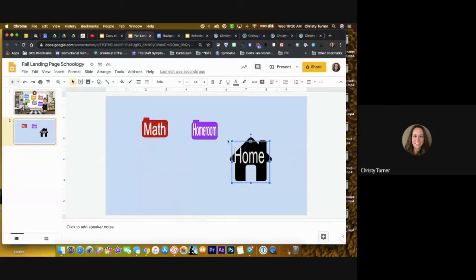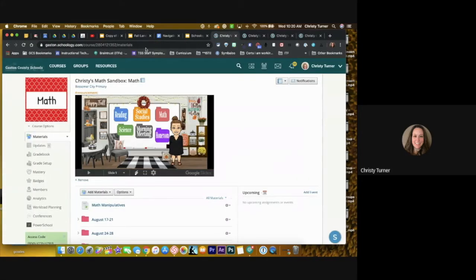So once I have my folders created, or my icon, or my picture, it could be flowers, it could be a math book, whatever you feel, very visual, especially for your littles. Once I get into here, I'm in my math course. Remember, I said that this is a URL up at the very top. It's very unique for each activity, assessment, anything that you do. I'm going to take this and then I'm going to copy it